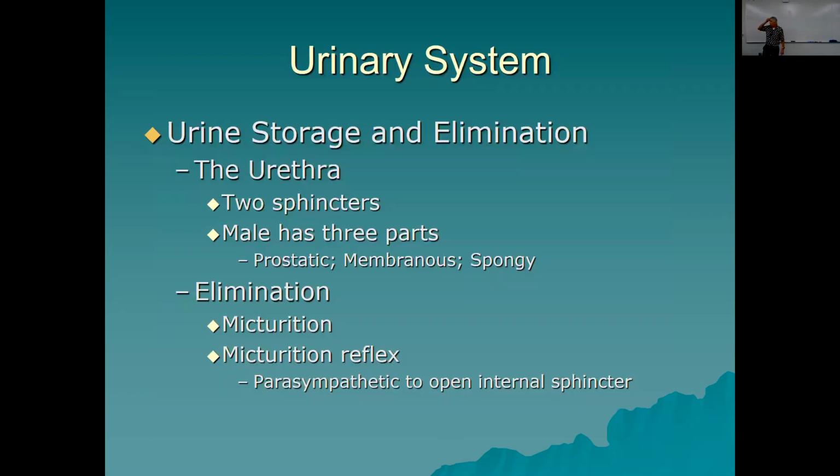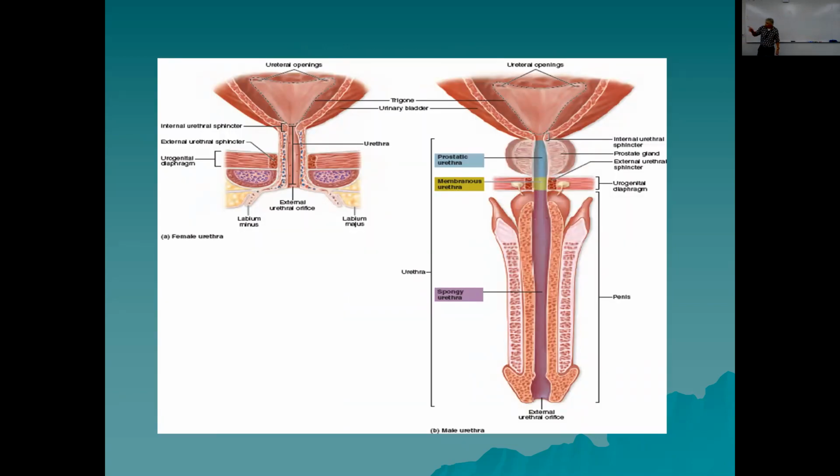The male urethra is much longer than the female urethra, and it has three parts: the prostatic urethra, the membranous urethra, and what's called the spongy urethra. So those are going to be right here, female on the left, obviously, male on the right. You can see that the male urethra goes right to the middle of the prostate gland. Poor engineering there, because older men often have large prostates, and it squeezes at the urethra and makes it hard to urinate.